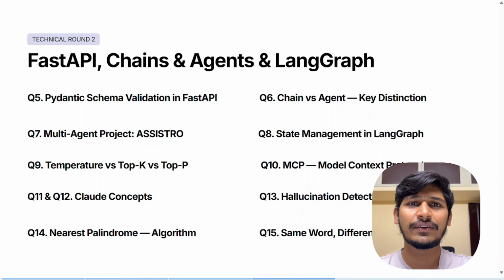And they also covered hallucination, like how will you detect and handle hallucinations in the agent. We will verify the source context and retry with strict prompts. And the coding question goes like, we need to print the nearest palindrome. They have also asked a specific question on how will the LLM understand the same word with different meanings. Here attention considers the surrounding words, and the context changes the word representation.